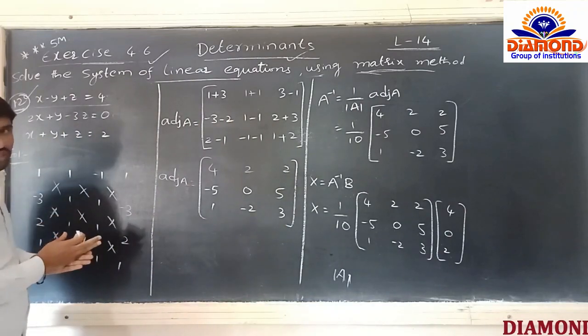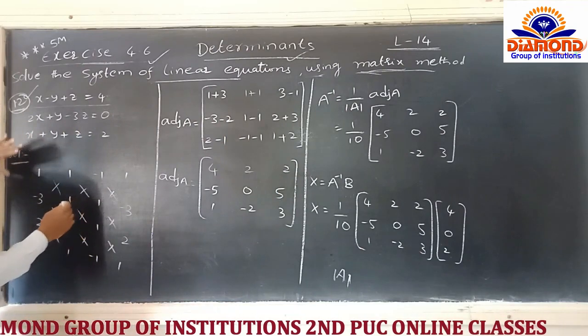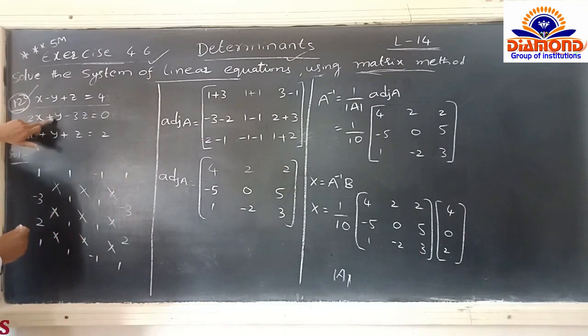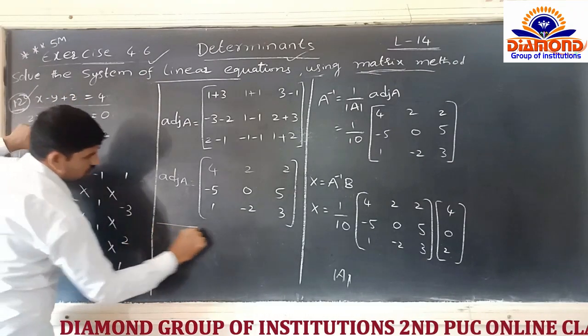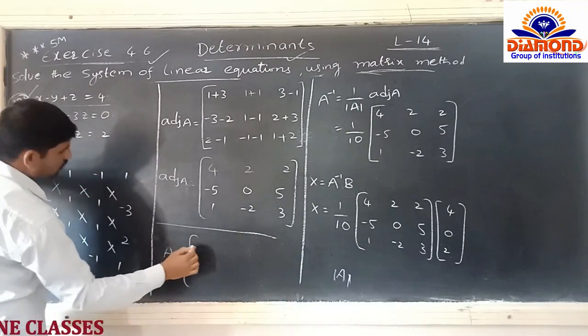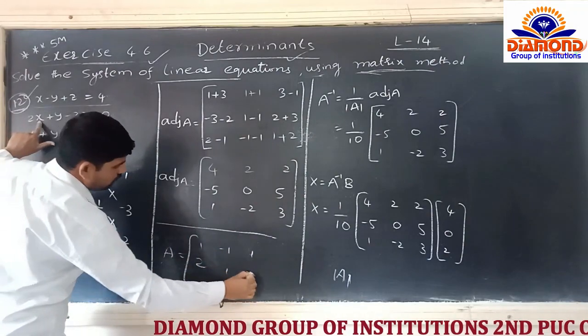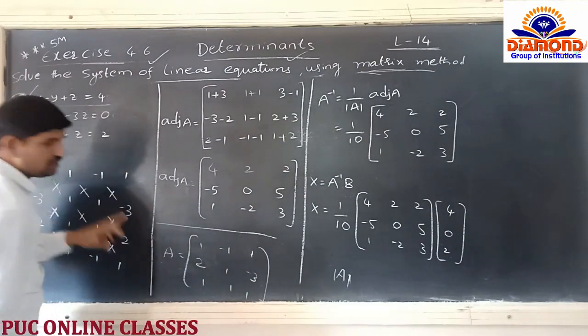Sir, how to find the adjoint A? It is a very simple one. Suppose we are having the matrix A. Yes, we know that the matrix A. So we are taking here in the middle one. So we are going to say this is the otherwise I will write the matrix A here. Yes, roughly I am writing matrix A is that is what? 1 minus 1 1 and 2 1 minus 3. Next one is what? 1 1 1. This is the matrix A or not?